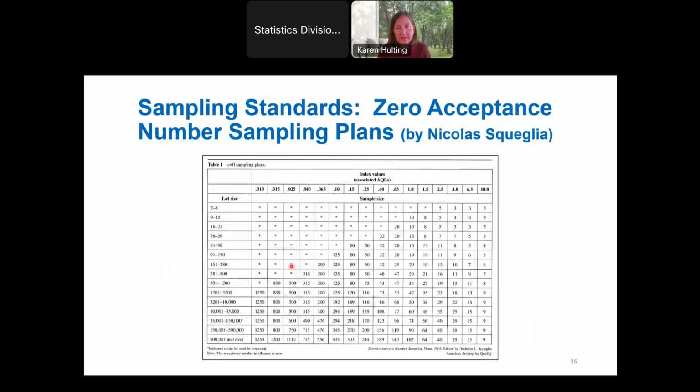Then there's also the 0 acceptance number plan. So with all of these, you just get a sample size and then you accept on 0. You'll notice these sample sizes vary widely depending on lot size. And so just know that the plans towards the bottom of the chart have much more protection, meaning lower LTPDs, than the ones at the top. I will just point out that this sample size of 13 is a really popular plan. And so we're going to evaluate that plan as our example.